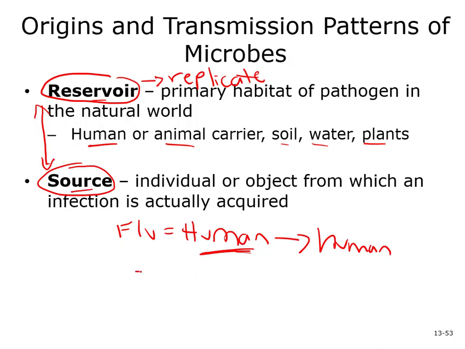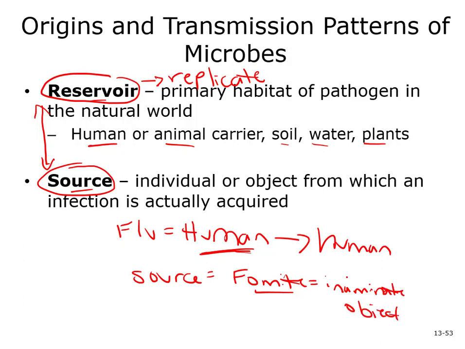But sometimes the source could be something that we call a fomite. And you'll see this term a lot. A fomite is an inanimate object, a non-living object that harbors the pathogen for usually a short period of time. So for example, the fomite could be a doorknob, or it could be a food. Like at a buffet, people are touching the same foods and the same plates and the same surfaces. So any type of surface that the person could pick up the disease from, that could be the source.